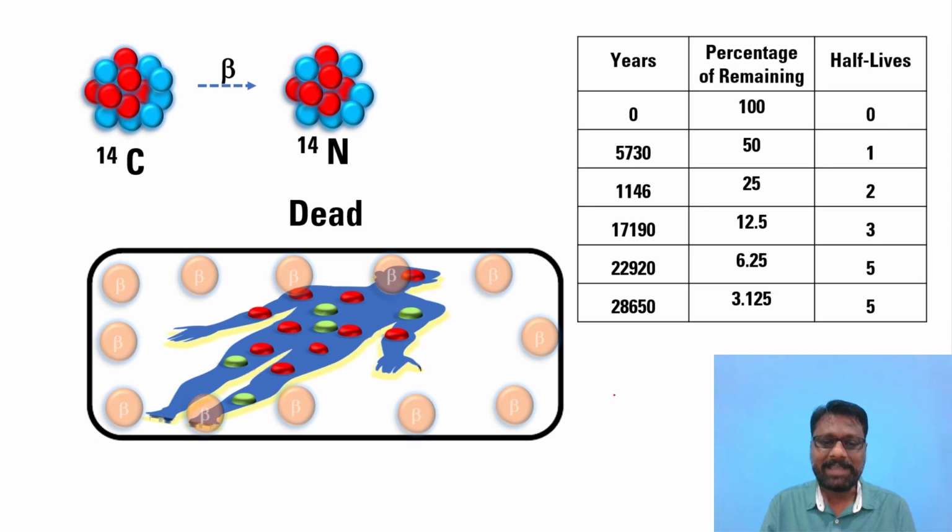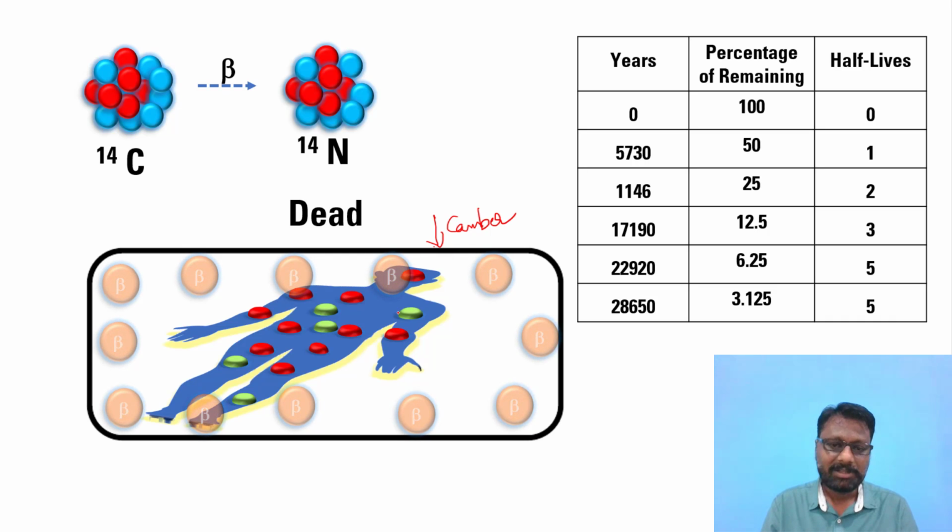Now what causes the decay of C14 molecules in the dead body? We all know that C14 molecules liberate beta particles. When you keep a dead body in a chamber, this is the chamber,